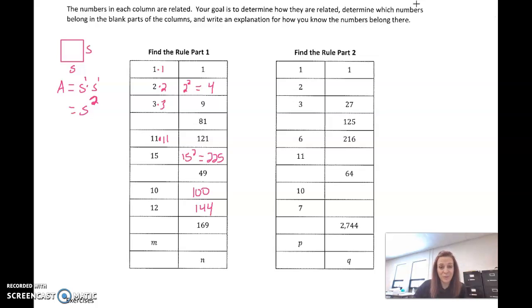Well, remember what this is. This is 10 squared. This is 12 squared. This is m squared. Now we want to think of it as going backwards. The way we undo squaring,